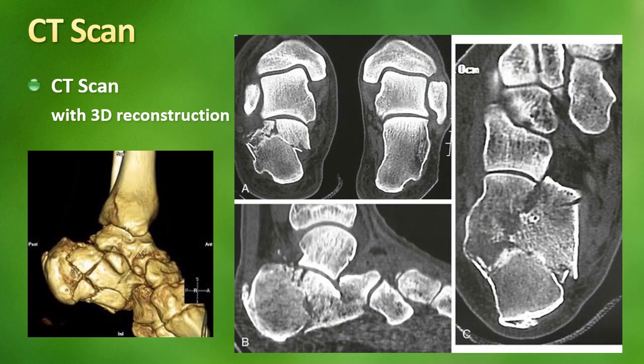Now after X-rays, the next investigation is CT scan. CT scan can define all facets of the injury, and it provides very clear definition of the intra-articular fracture. So in calcaneal fracture, CT scan may be very much essential and 3D reconstruction views are even better. The coronal sections of the CT scan will show the fracture geometry clearly enough to permit accurate diagnosis of all types of fractures, including the intra-articular fractures.